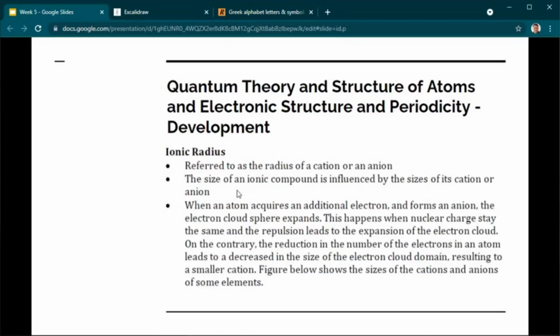Next, you have the ionic radius. This is referred to as the radius of a cation or an anion. The size of an ionic compound is influenced by the sizes of its cation or anion. When an atom acquires an additional electron and forms an anion, the electron cloud sphere expands. This happens when nuclear charge stays the same and there is repulsion, leading to the expansion of the electron cloud. On the contrary, a reduction in the number of electrons in an atom leads to a decrease in the size of the electron cloud domain, resulting in a smaller cation. Okay,